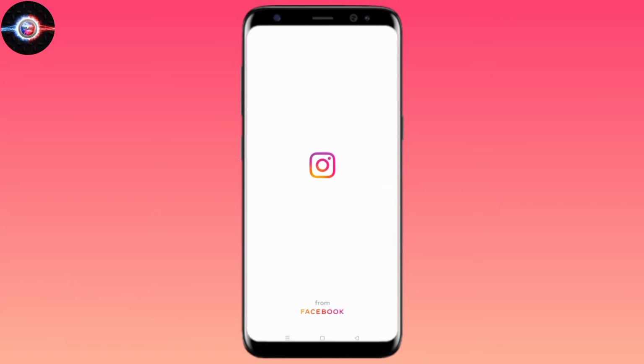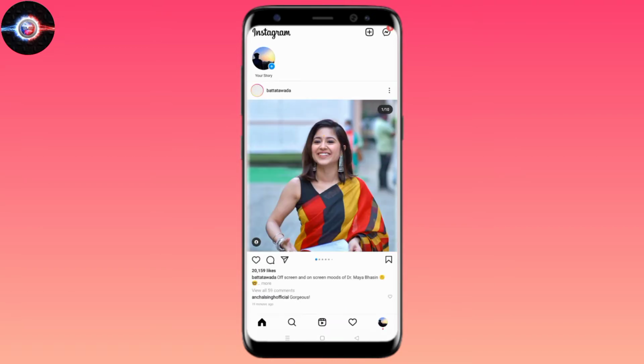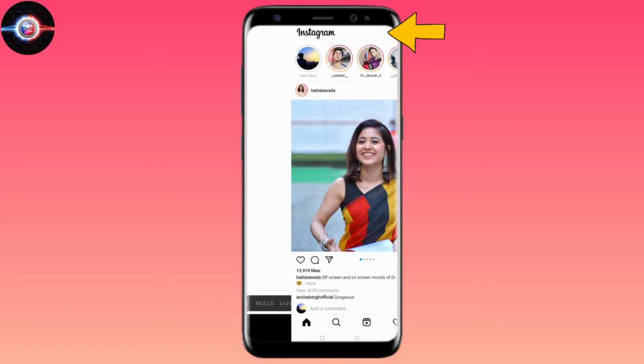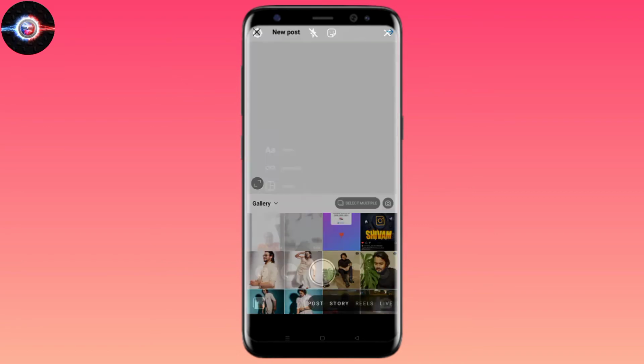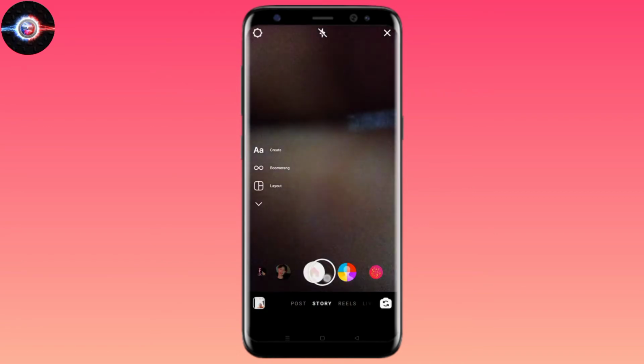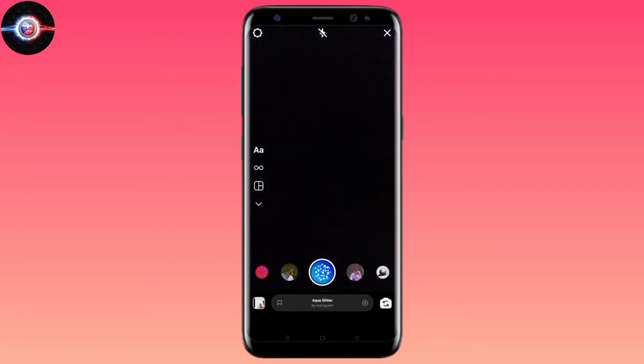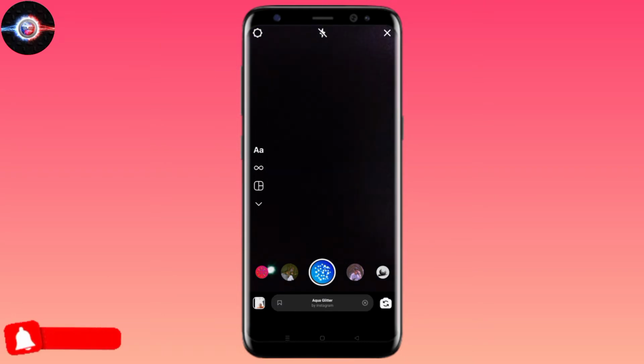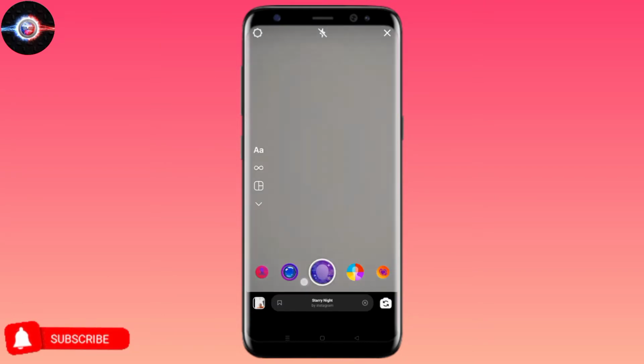First you need to open your Instagram application, then go to the plus option, then go to the story option, and you have to scroll the effects, all the effects, you have to scroll like that. You have to scroll it,